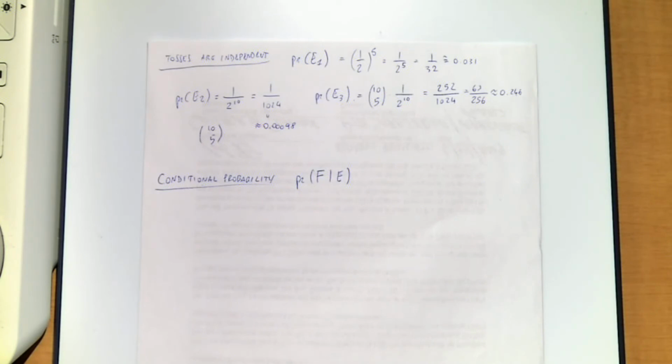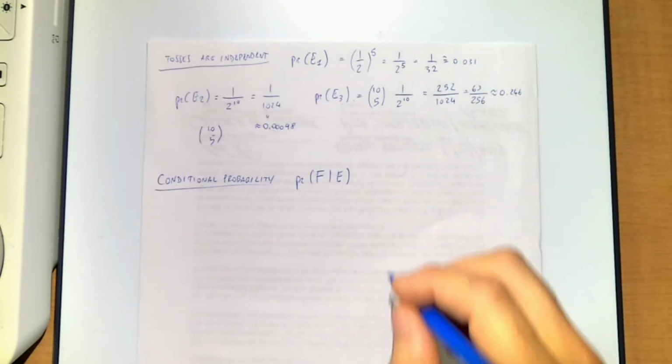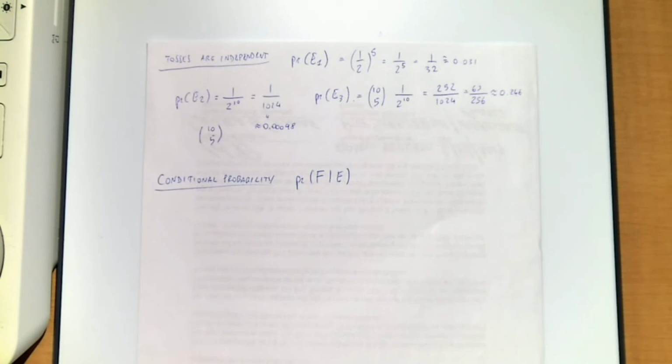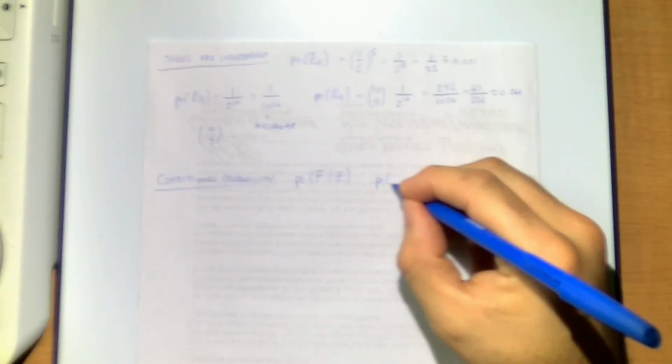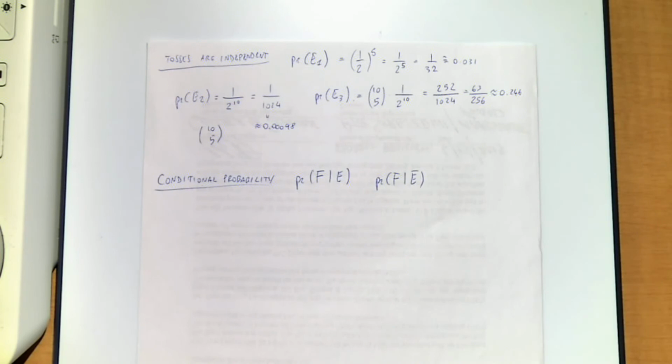Okay? Of course, because now I have the complement, an important thing to remember is that if I want the probability of F given that E didn't happen, I can just write F given complement of E. So we'll be using these two things to count things accurately. And we've already seen that this is not trivial. If the events are independent, something happens. If they are not independent, something else happens. And in particular, the probability of F given E or F given not E is different in all other cases. So this is just shorthand for what we saw before, F given that E occurred.